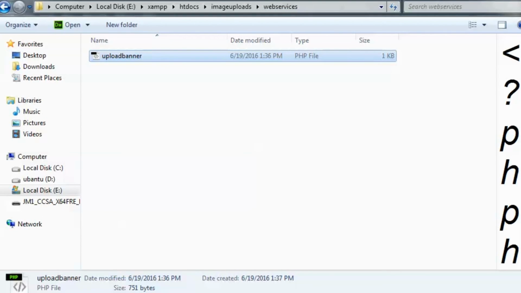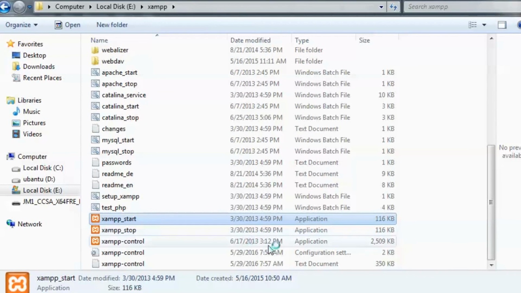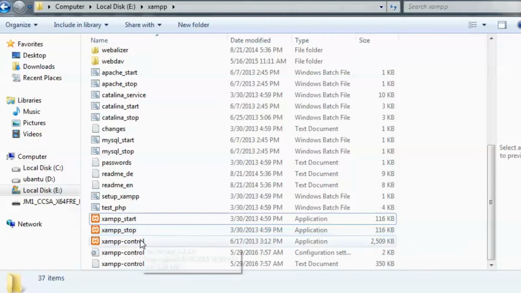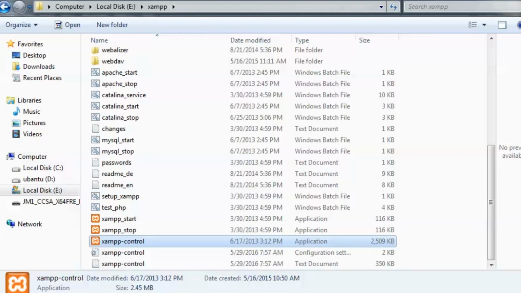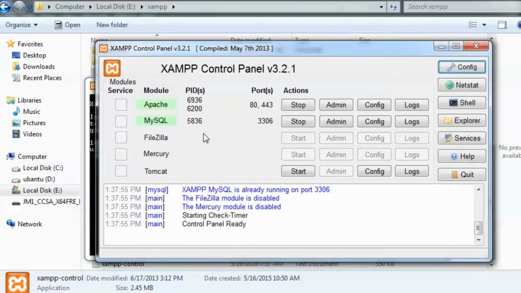The next thing I'm going to do is start my XAMPP. Let me go to my XAMPP and click on XAMPP start. It is opening this window, and let's hope that XAMPP gets started. It seems that XAMPP has not started, so I'm going to click on the control panel icon, and here we can see that XAMPP has successfully started.